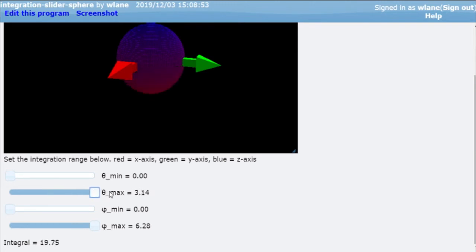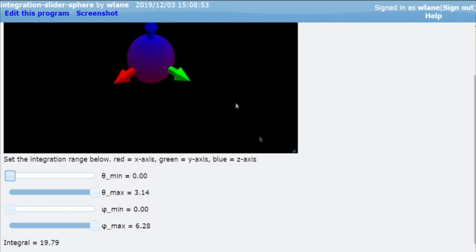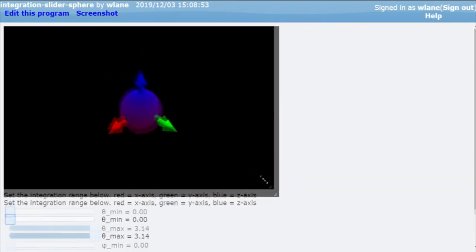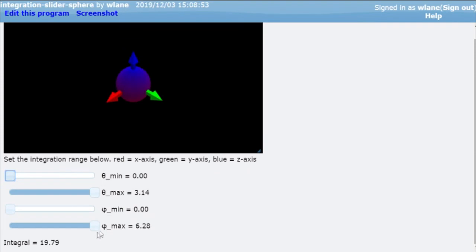Because here, where I've got the higher value of theta, it's going to cost me a lot in terms of the integral. Whereas if I change this one, it's not going to cost me quite as much because I'm dealing with lower values of theta there. Of course, it's symmetric around the phi rotation axis. Let me try to get this all on one screen. There we go. So if, for example, I change this, it's taking out a pretty regular chunk of it,